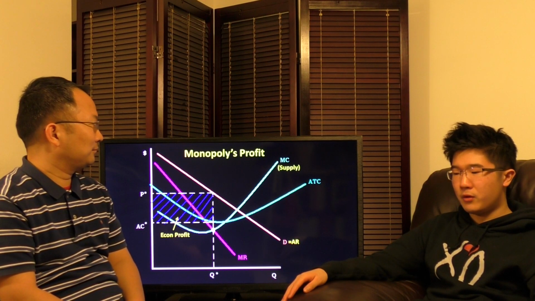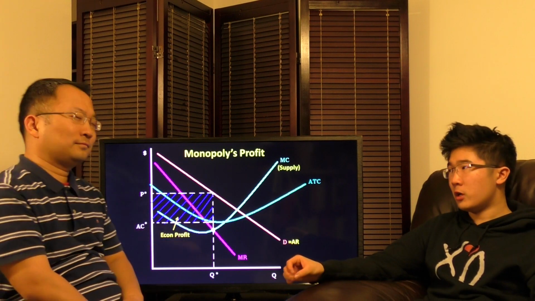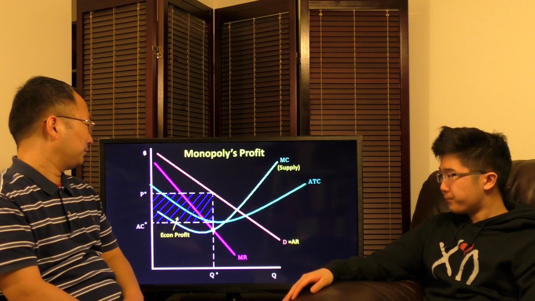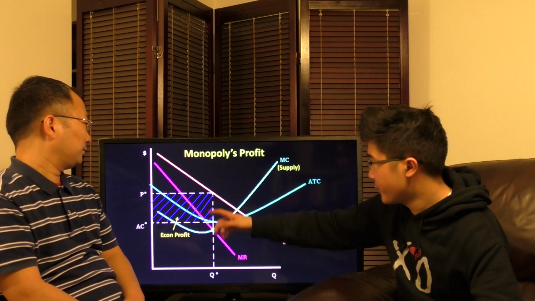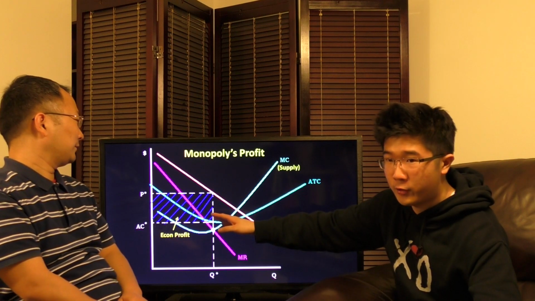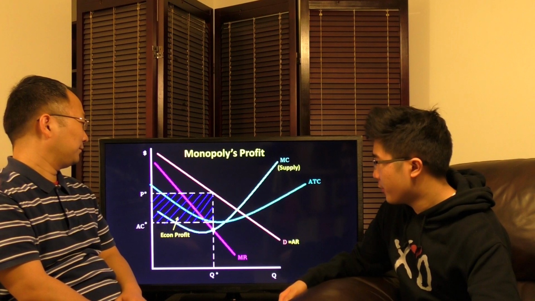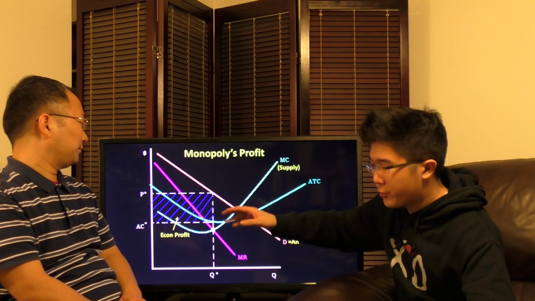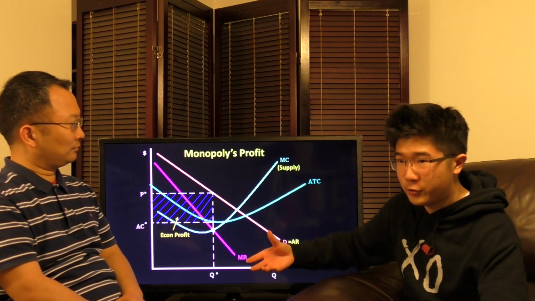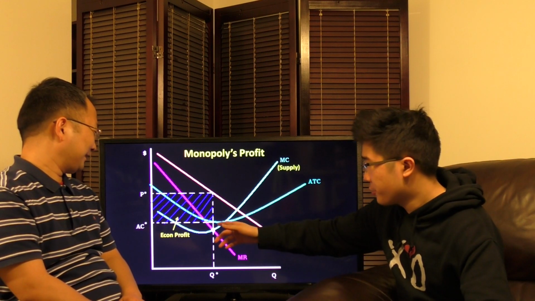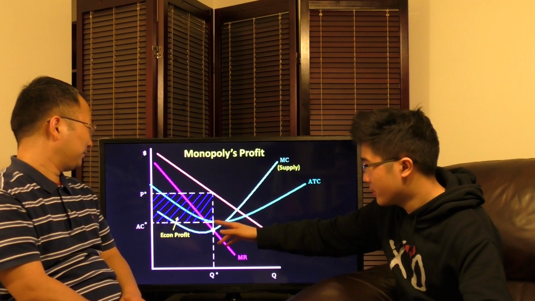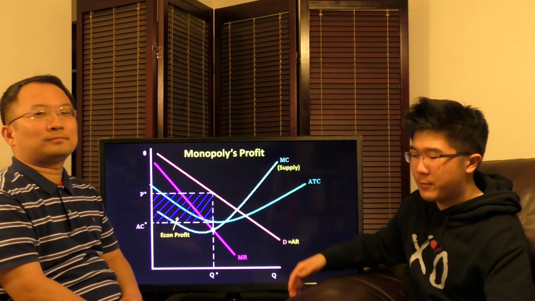They make positive economic profit in the long run, and of course probably in the short run as well, barring different circumstances. But in the long run, we see here, since there's a difference between the demand curve, which determines price, and their own personal marginal revenue curve for the individual monopoly, that difference becomes our source of positive revenue, and that positive revenue subtracted from our average total cost at that production point becomes our profit.